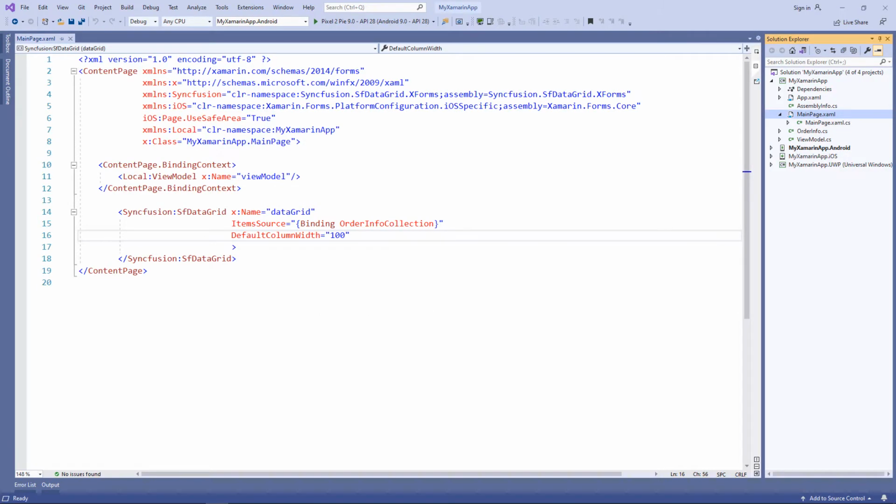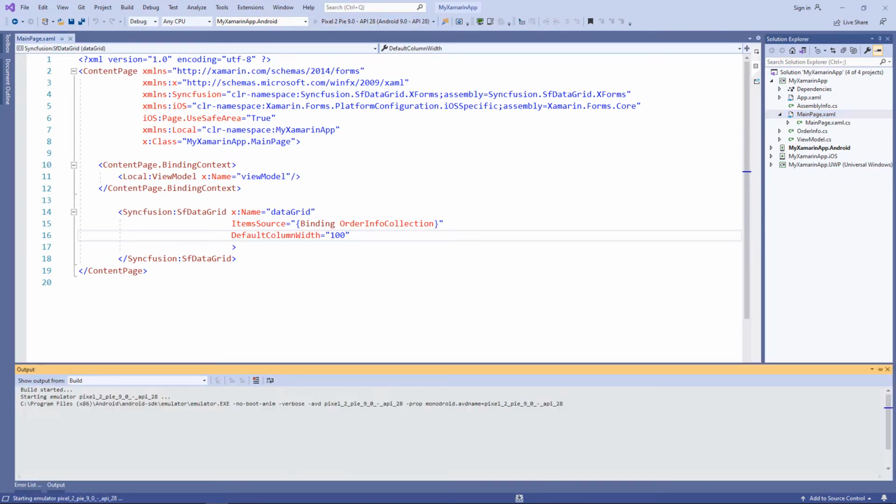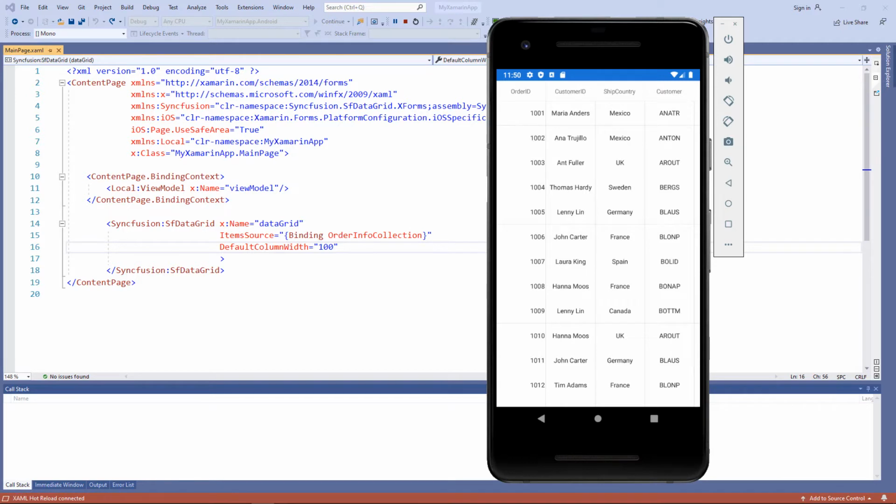I am using a sample application that was configured with all the necessary data grids namespaces and data. You can download this getting started sample from the link provided in the description below. And you can also watch the getting started video titled Xamarin Forms Data Grid Getting Started, which I have shared in this YouTube card. In the getting started tutorial, we saw how to bind data to the data grid using the item source property. Let me run this application in the Android emulator. You can see the data grid bound with data.